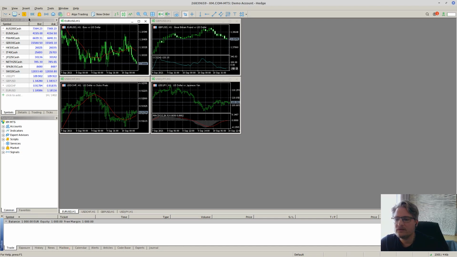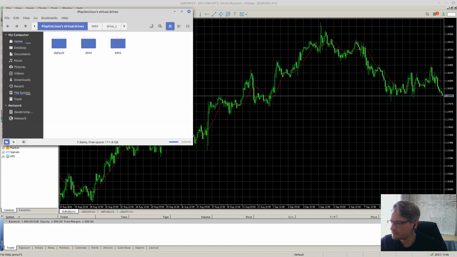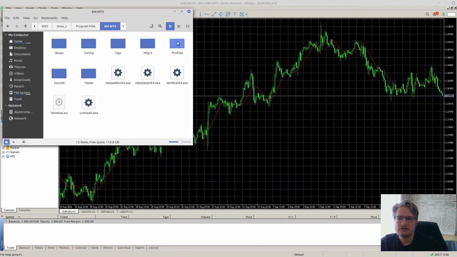You can see this is a fresh demo account with a balance of 1,000 euros, ready to trade. Now let's have a quick look at the drives that have been created. There's a PlayOnLinux virtual drive, and there's the XM5 folder. If we go to drive C and go to Program Files, here you can see the MetaTrader 5 install. So if you want to install